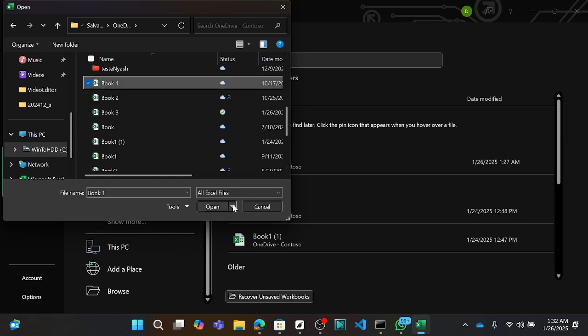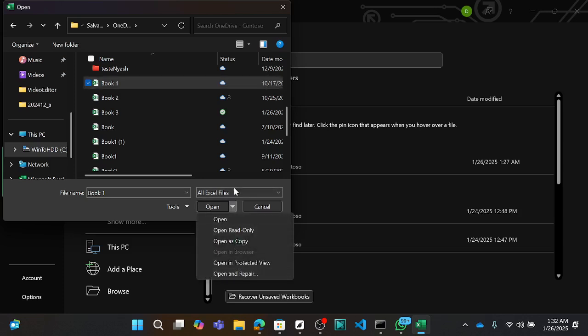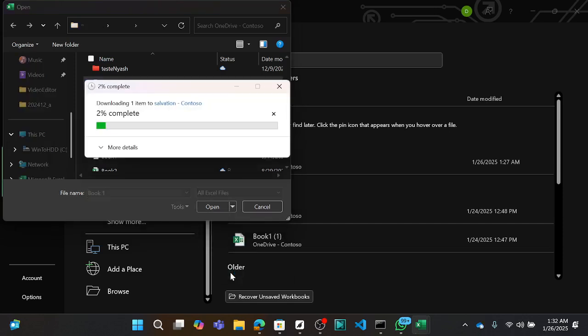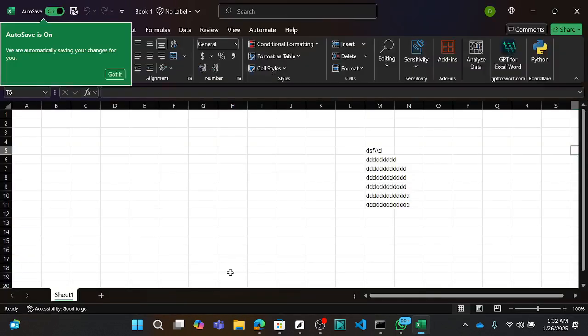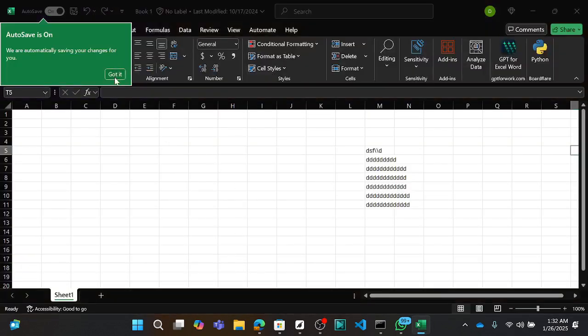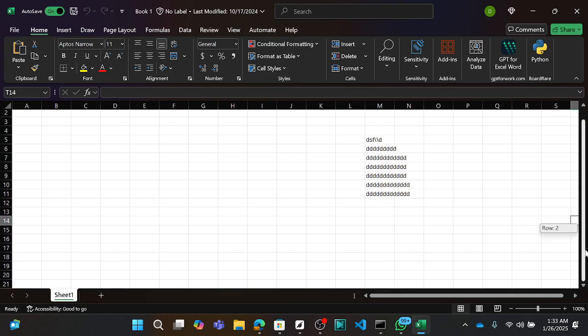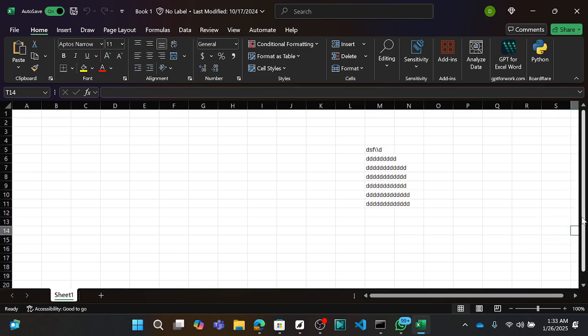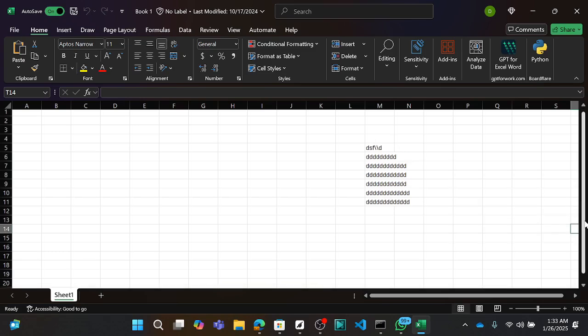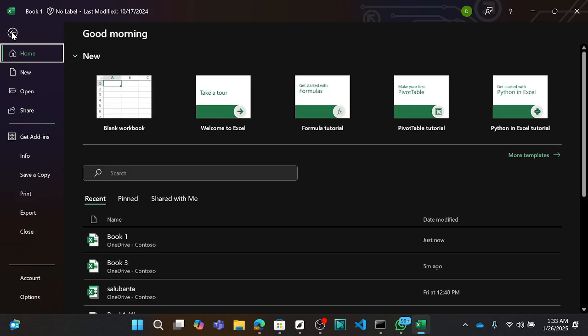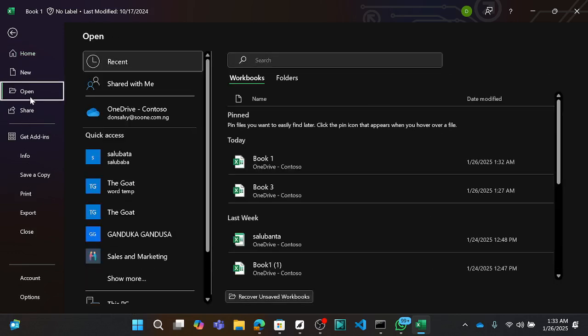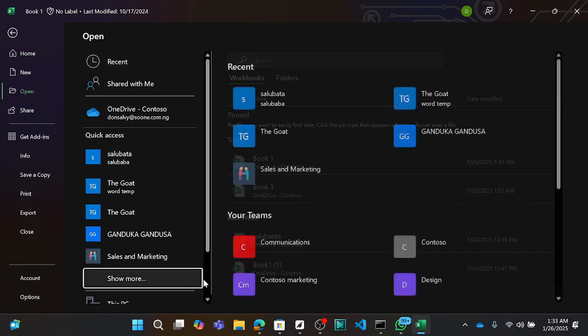This, and I want to open it and repair it. If it's corrupted, the first thing I need to do is open and repair. I'll come here, just drop down here and open and repair. So it's gonna repair that file for you. If that didn't resolve your issues and the file is still acting corrupt, you go back to open, you browse,